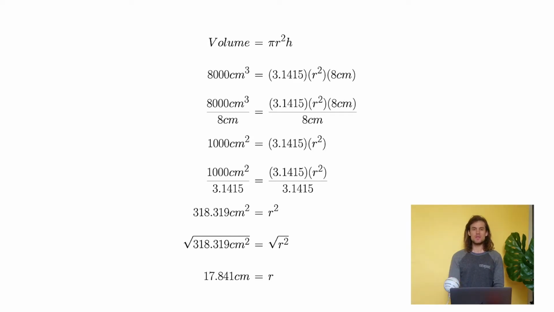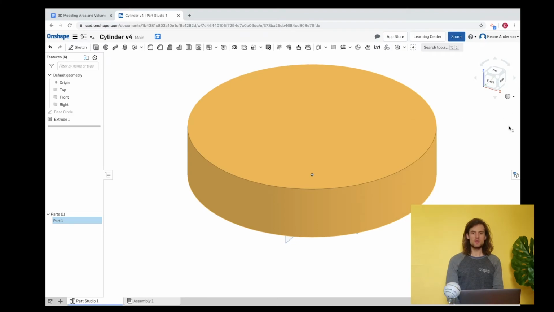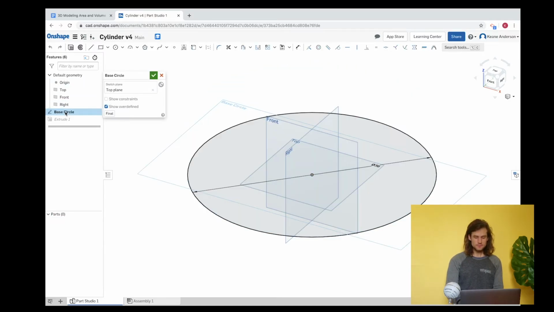Let's go back to the 3D modeling software. Let's go back to OnShape and see what we can do with this radius. Okay, so 17.841 was our radius that we want to use. So let's go ahead and apply that here. Okay, so now let's click right here,